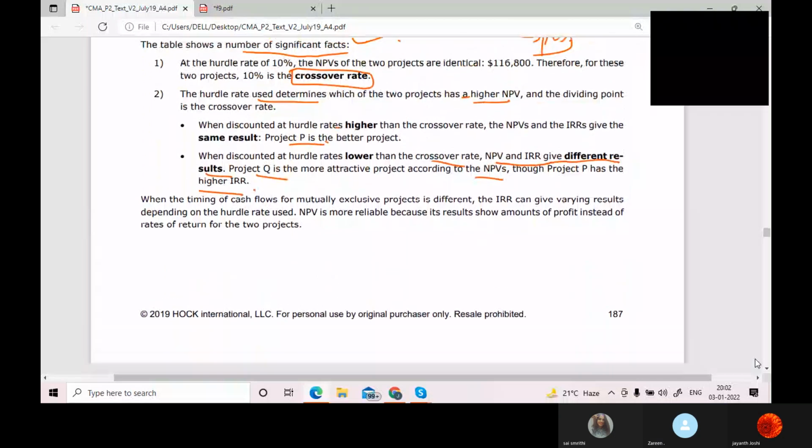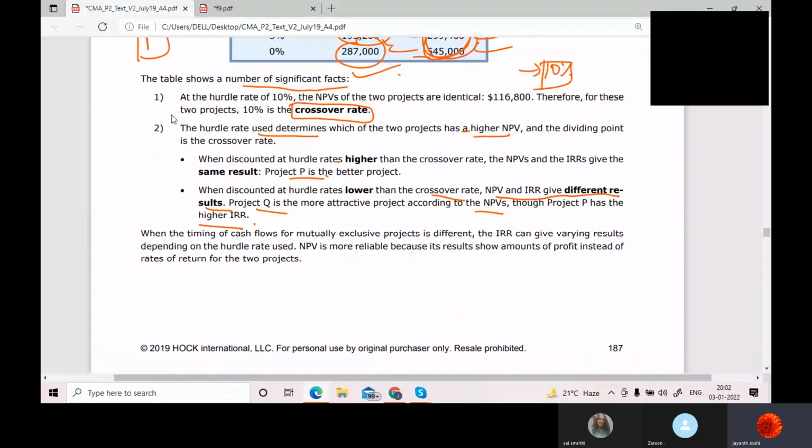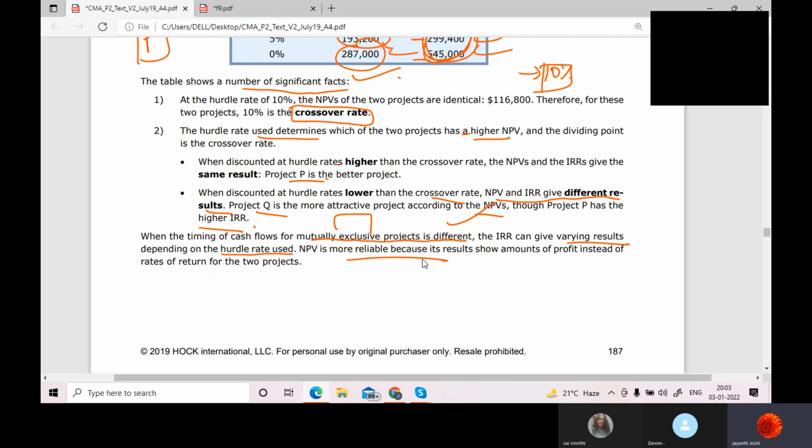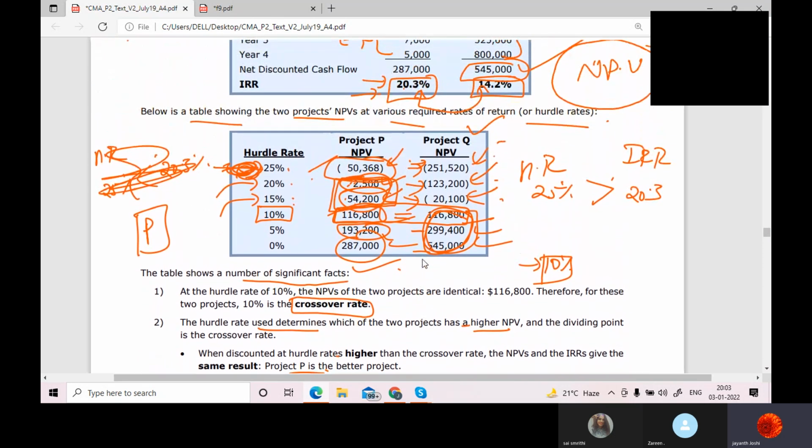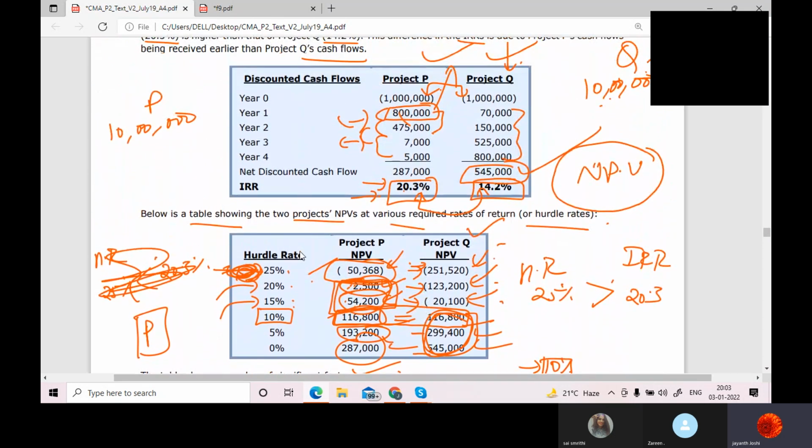Yes, sir. So when the timing of cash flows for mutually exclusive projects, that means you have to pick one out of two, is different, IRR can give varying results depending on the hurdle rate used. So NPV is more reliable, because IRR is creating more confusion. Here we can see clear patterns. Here when we are going below the hurdle rate, this is better. Above the hurdle rate,